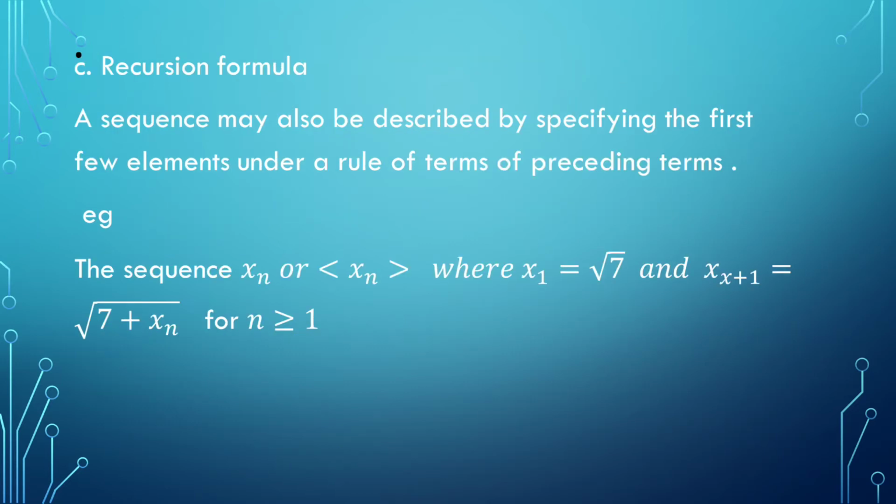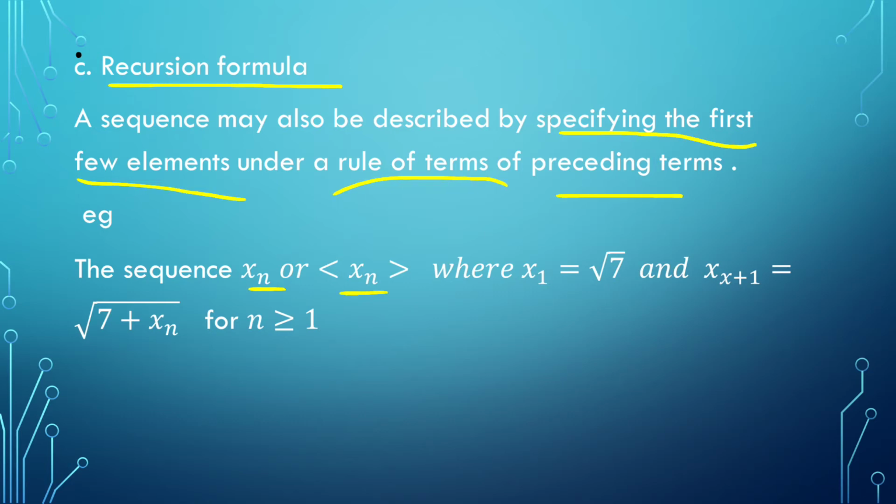Thirdly, you can use what you call a recursion formula. This is a sequence which can be described by specifying the first few elements and a rule relating a term to the preceding terms. So you have the first one and the preceding term. For example, if you have a sequence given like this, produced by xn, and you are given x1 to be that, and then x(n+1)